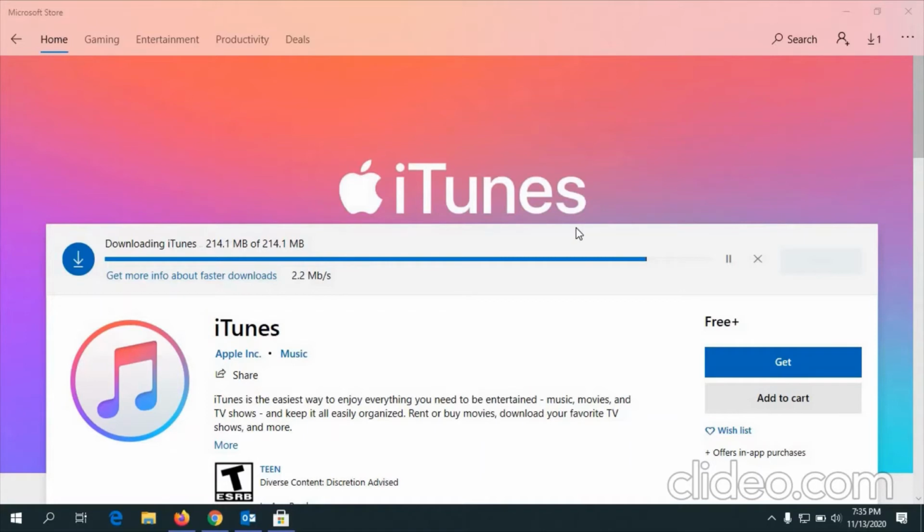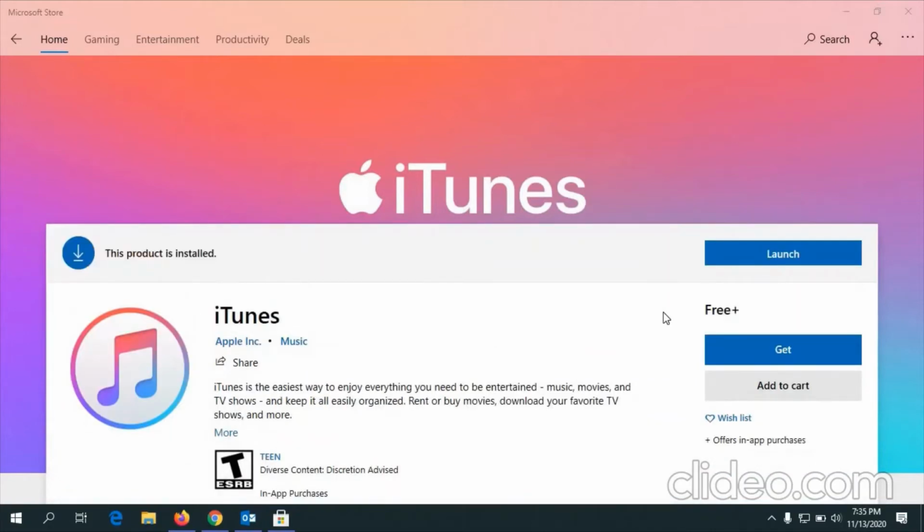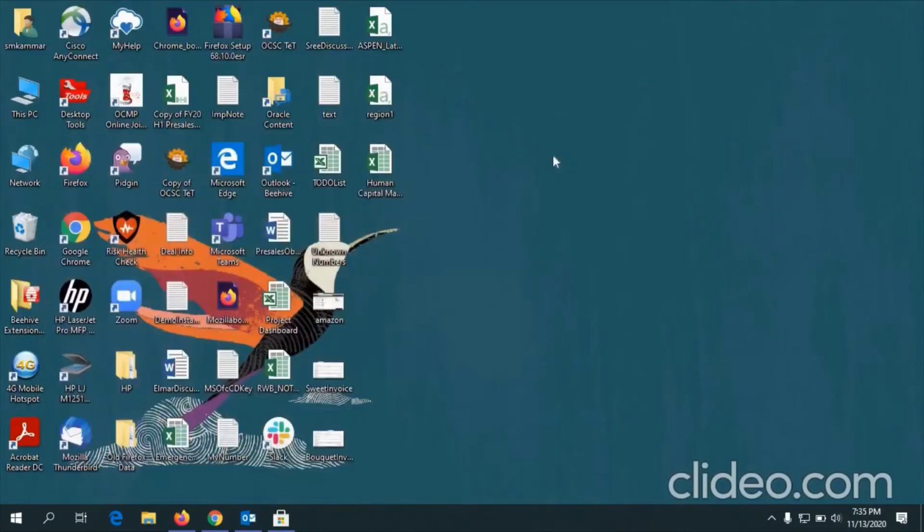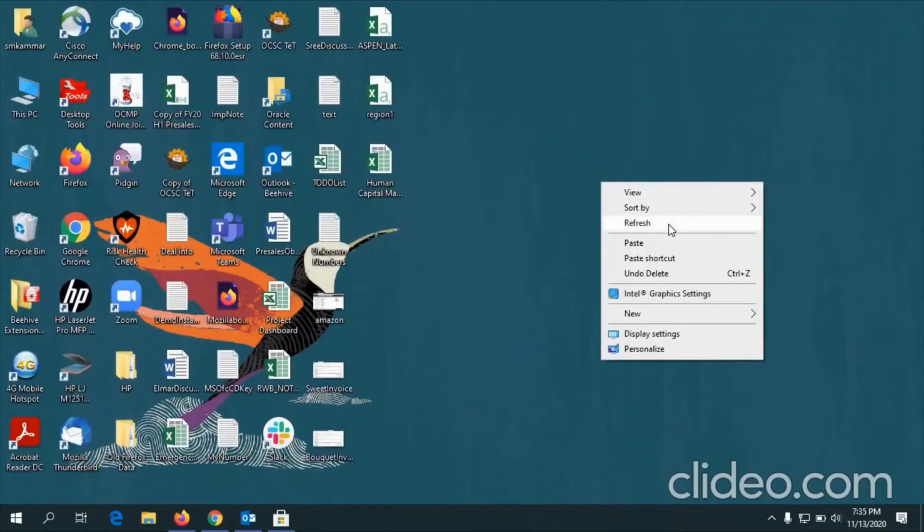Now it's downloading, installing it. Downloading finished. Now it's installing. See, installing iTunes. Let's wait. Okay, the product is installed. You can just minimize it or also close it.